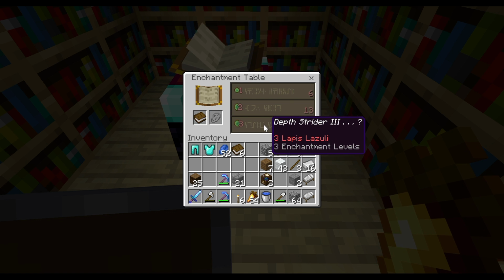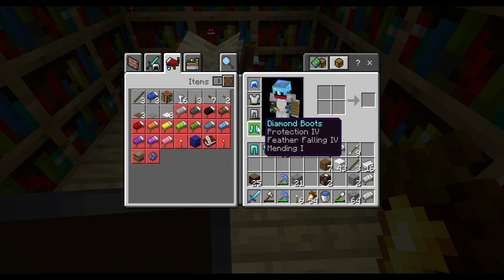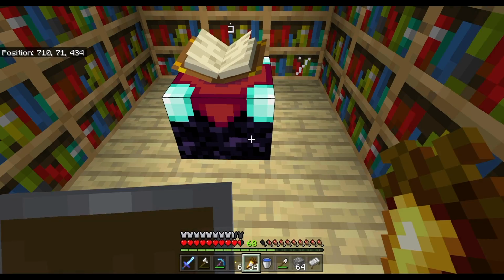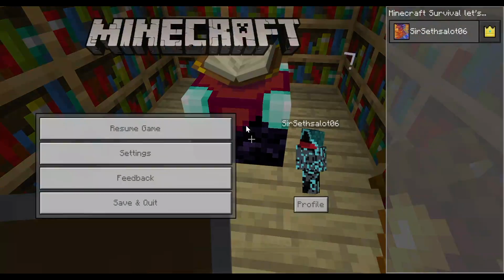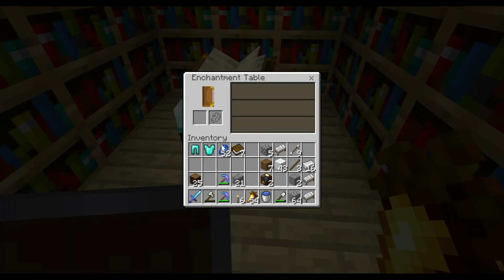I'm not saying it's good, but it's the last thing we need on our boots to make them officially the best boots in the game. But I don't think I'm gonna do it, honestly. Or no, we actually don't. Never mind. Hold on. What did I just do? Oh, we don't have Unbreaking. Okay, they need Unbreaking to be the best boots. But,